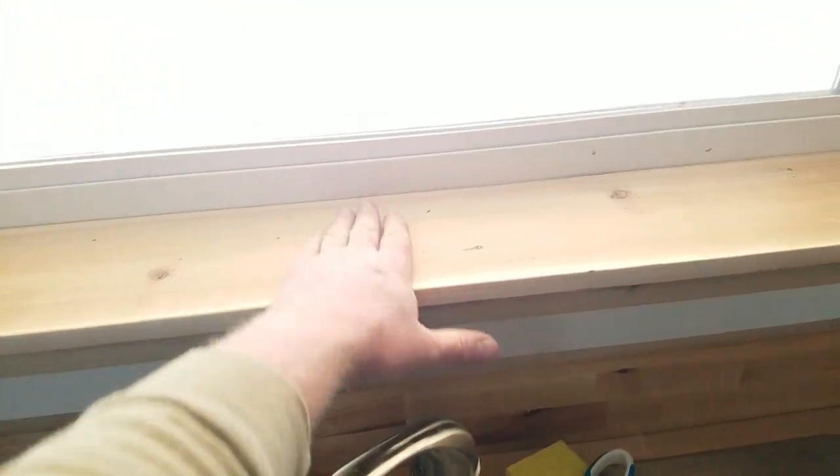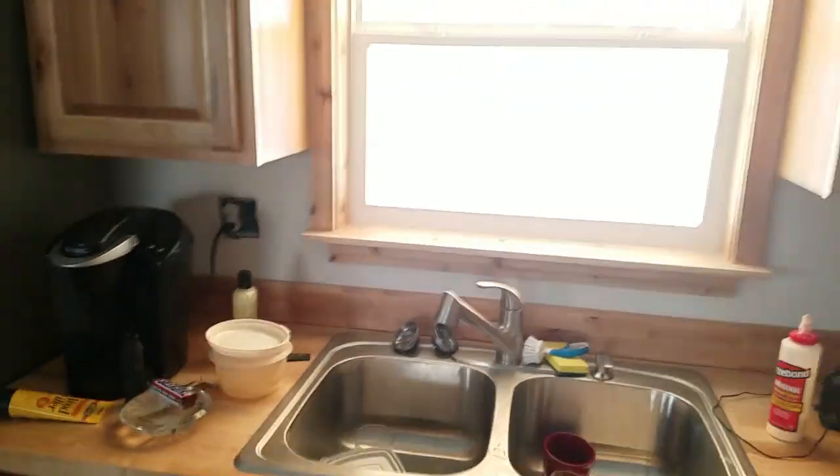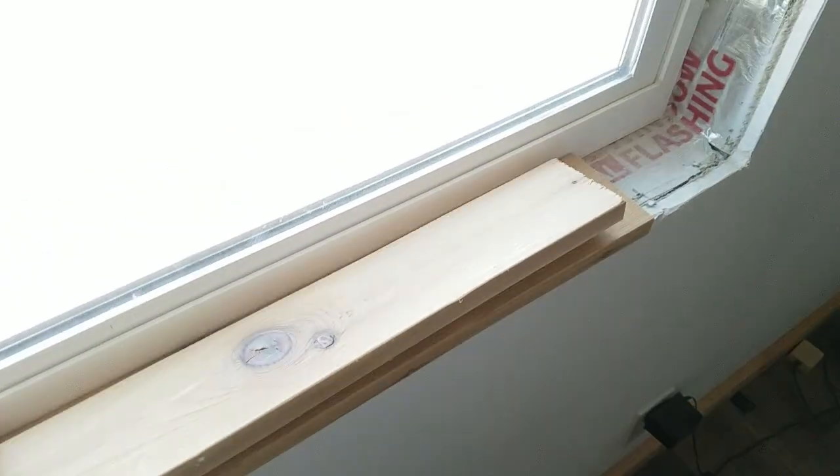Nice wide window seal there in front of the kitchen. The rest of the windows are not going to get that. The rest of the windows are going to get not a window seal. They're going to get